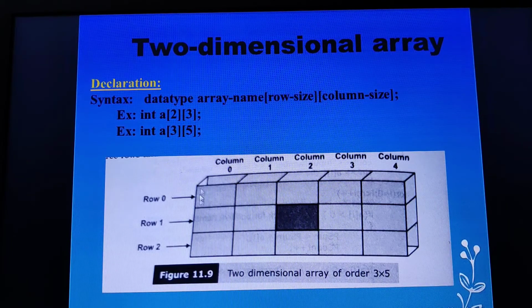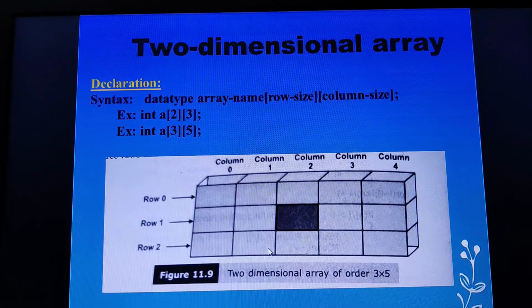To identify each element, we should know exactly the row number and the column number. If I want to fetch the element present at this particular location, I should know its row number and its column number. I hope you are able to understand.